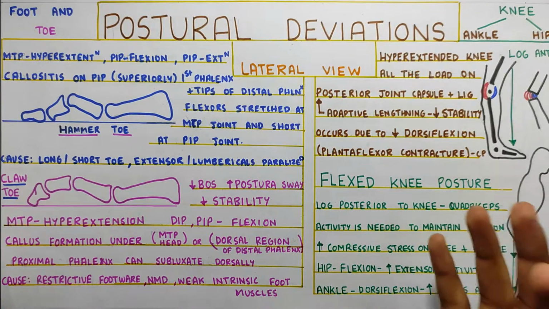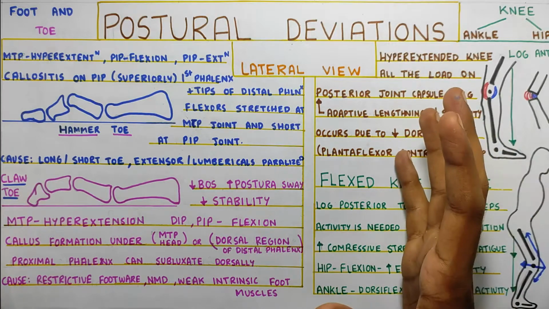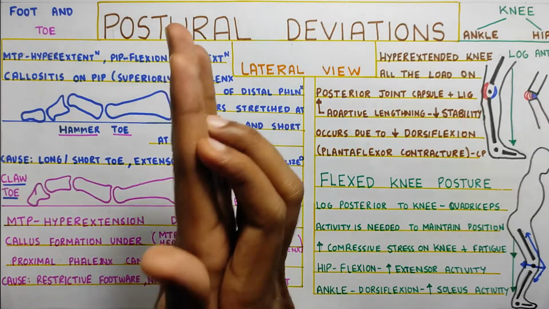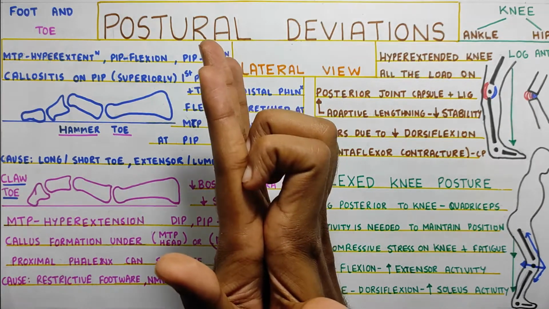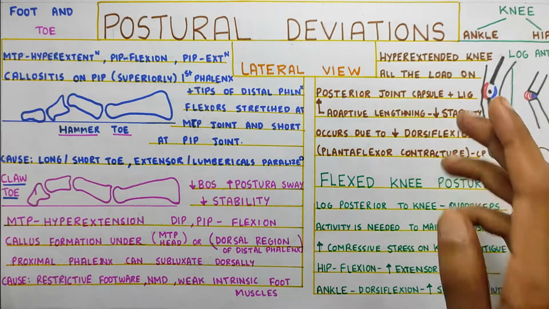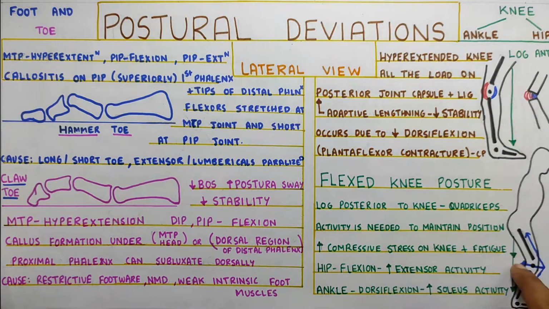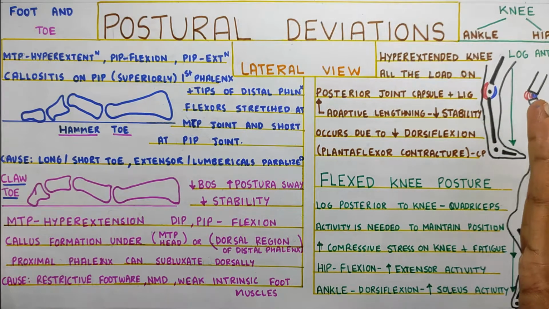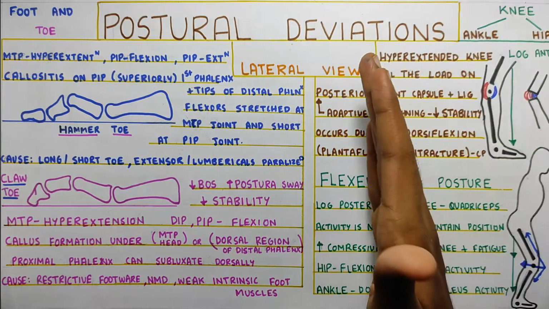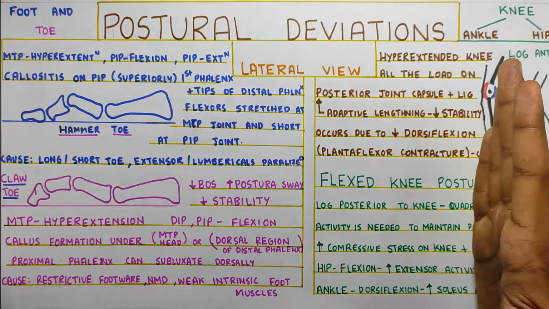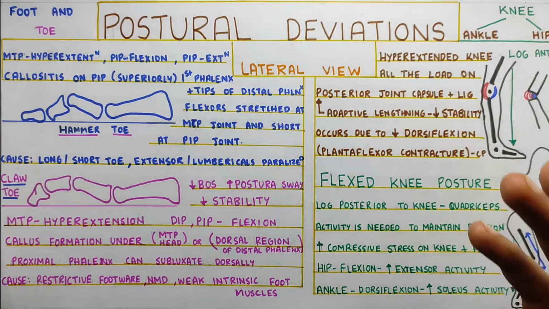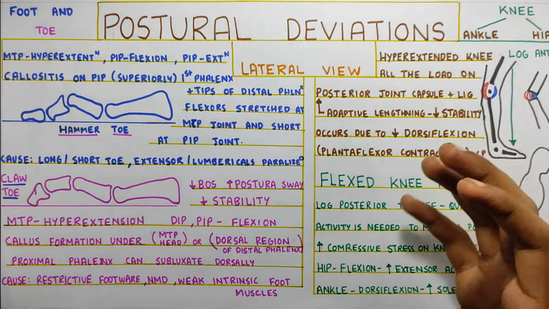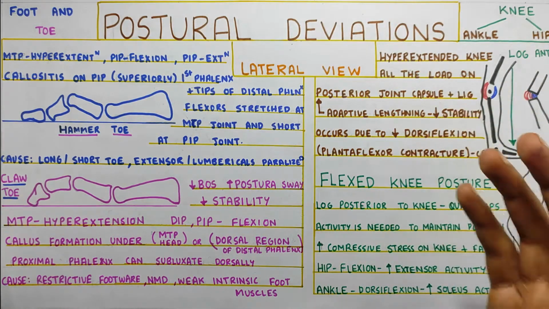Okay, now let's summarize the topic. What did we see? We saw postural deviations in the lateral view. There was hammer toe and claw toe. Hammer toe was basically like this and claw toe was like this, correct? After that we saw the hyperextended knee, and then when the knee is slightly flexed, what was the difference? In the slightly flexed knee, the line of gravity was posterior, correct? And then in the extended or hyperextended knee, it was anterior. And these were the deviations which were causing excessive stress in certain regions of your body. It was just not optimal. And that is why it was called a deviation and not the normal posture.